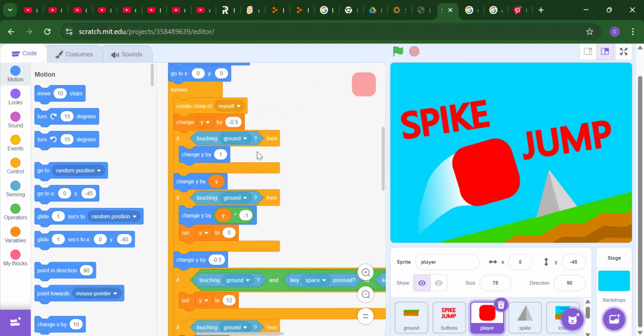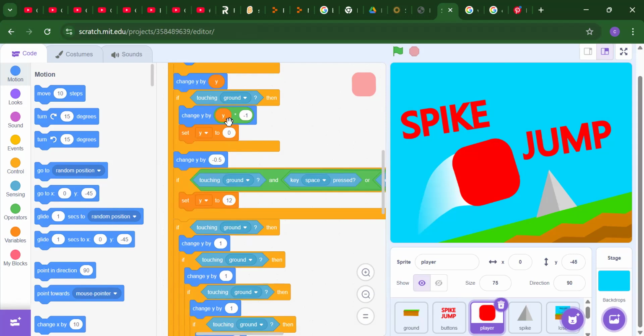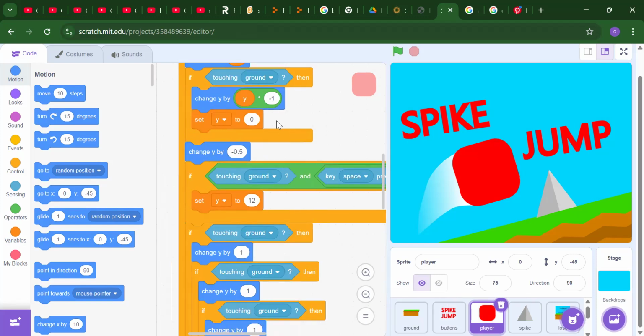If we touch the ground, it will change your y by 1, like it will just go to the upside. Ground is this one. The first sprite name is ground, as you know. So when the player touches the ground, it will just go to the upside. Same thing, if we touch the ground, whatever value we have, we are going to multiply it by -1. Let me increase it so that you will get it. -1. Okay. The next part is